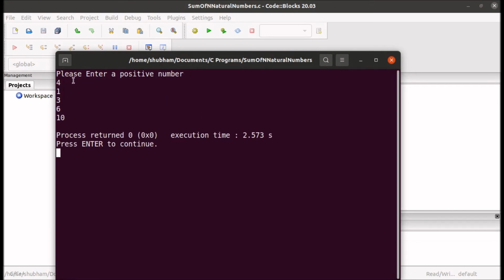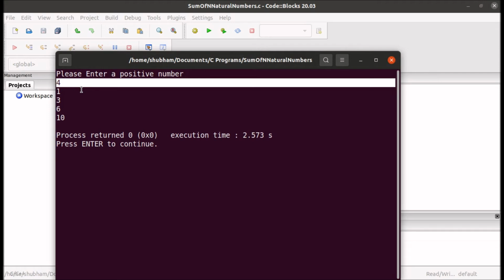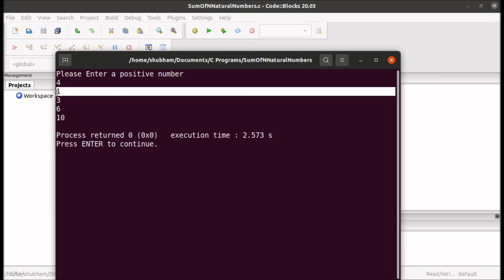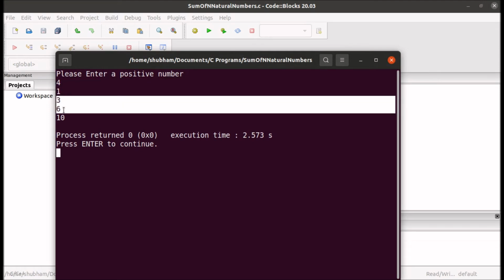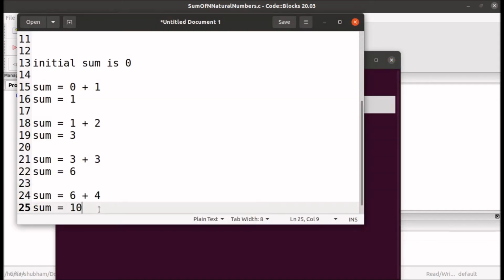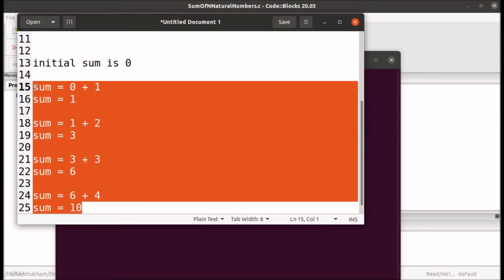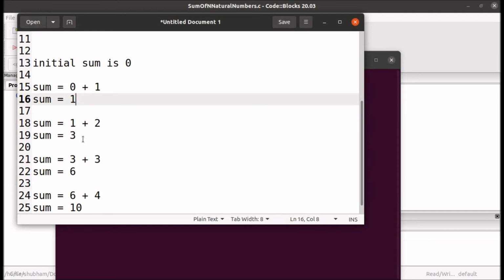So we have entered a positive number 4, so the sum will become 1, then 3, then 6, then 10, which we have seen in our text editor. Here the sum is 0, then sum will become 1, then 3, then 6, then 10.